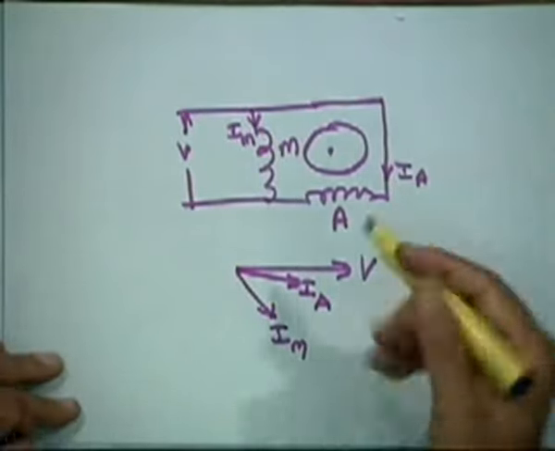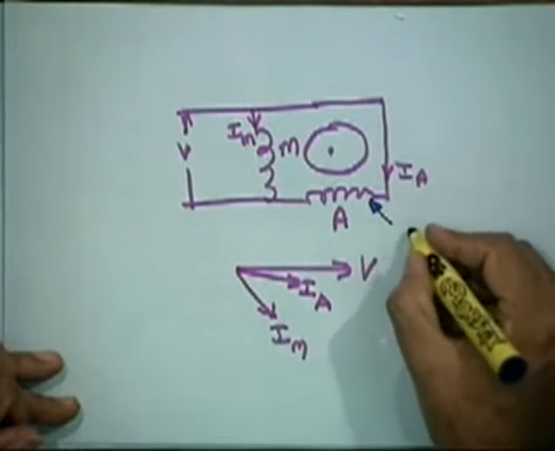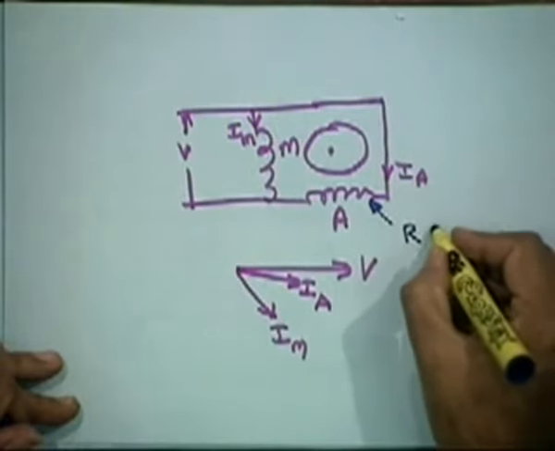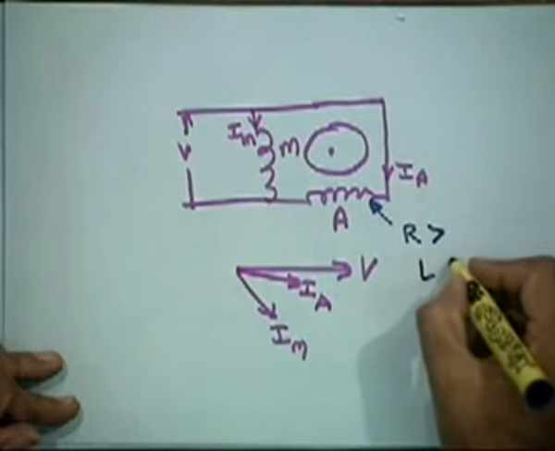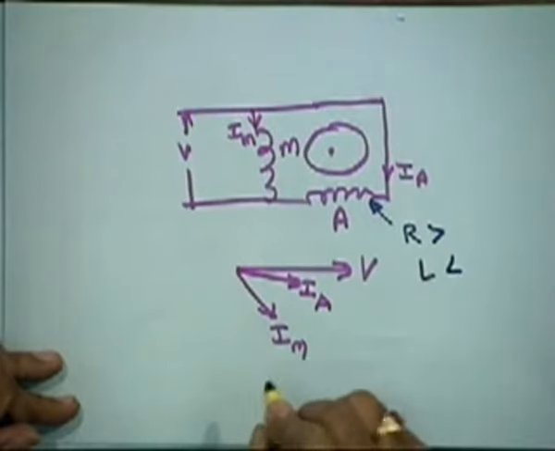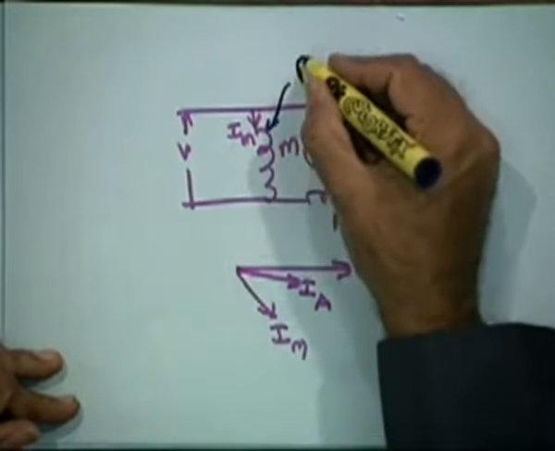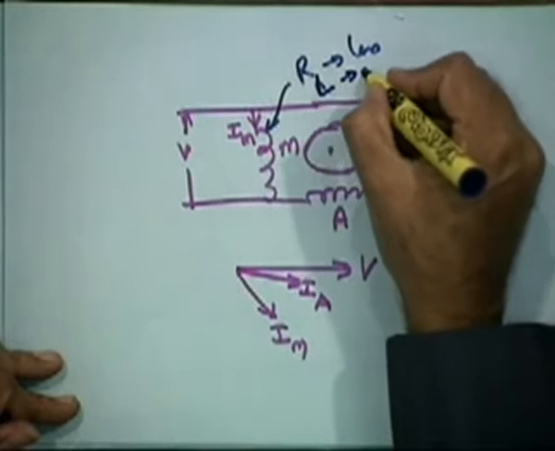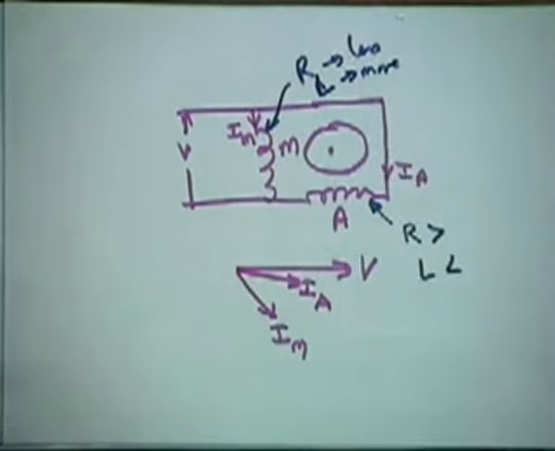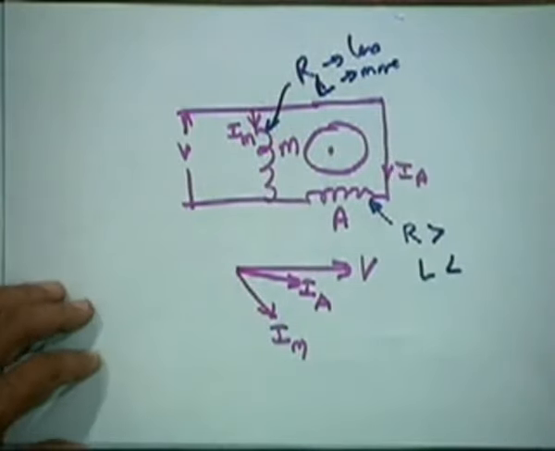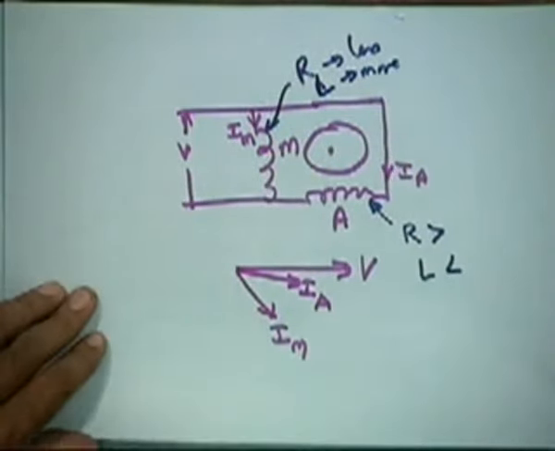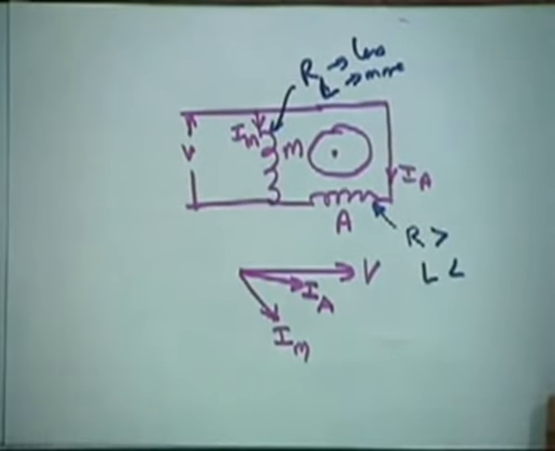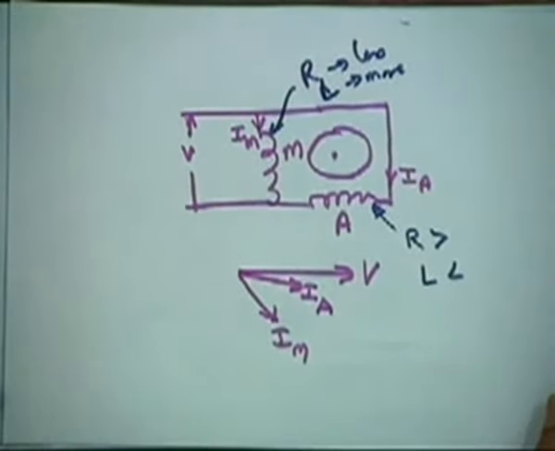So you make R more and L less in this one. Here you make R less and L more. Two windings like that are called split phase windings. They are used in many small appliances like desert coolers and various other things. So you make the impedances of the two different, so that the currents will have a phase lag between them. That is what we do.